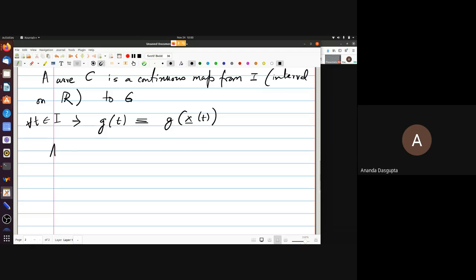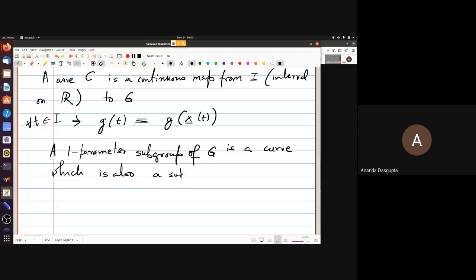The important thing is a one parameter subgroup, the thing which I'm talking about now, a subgroup of G, is a curve, and you can see the abuse of notation here. What we really mean is whose image is,